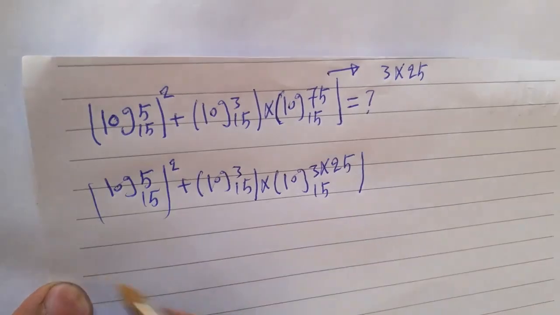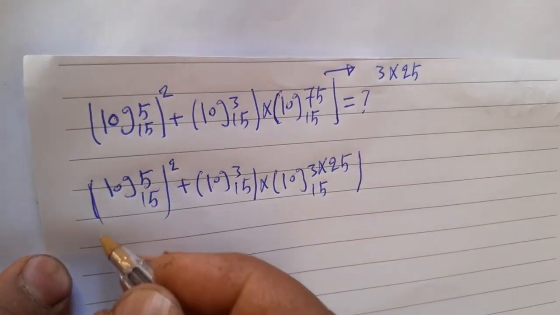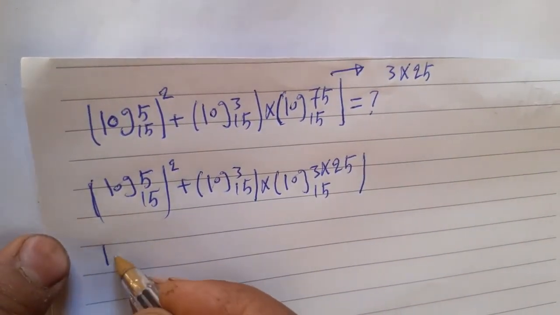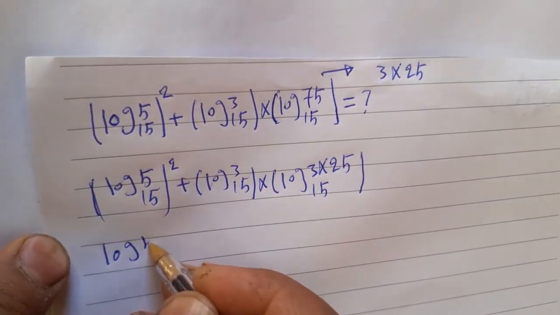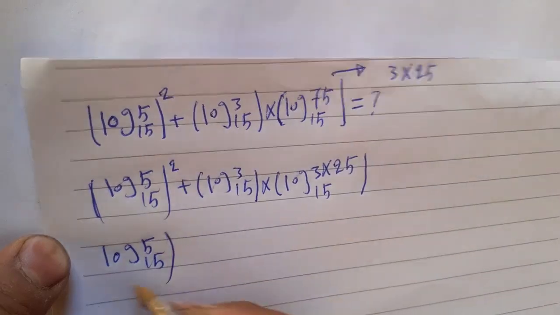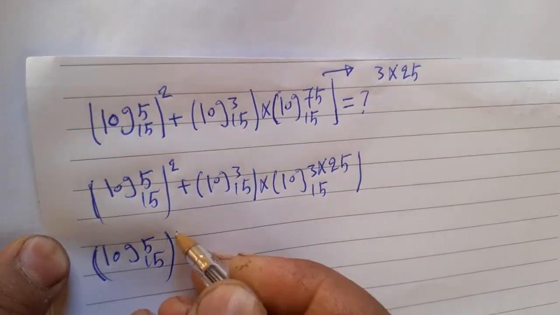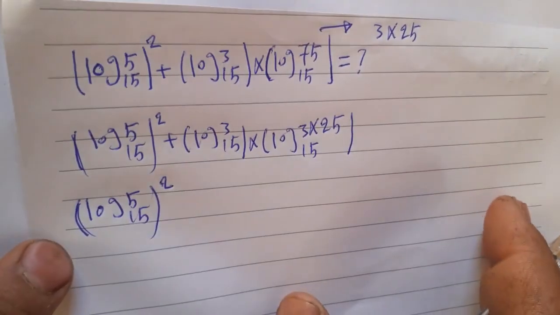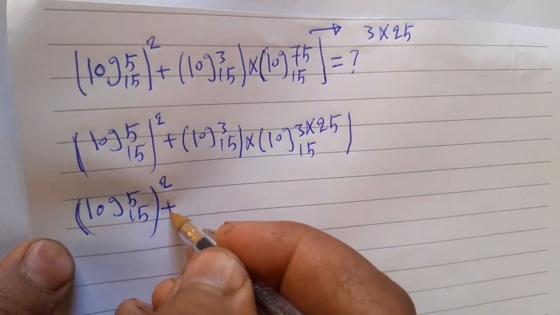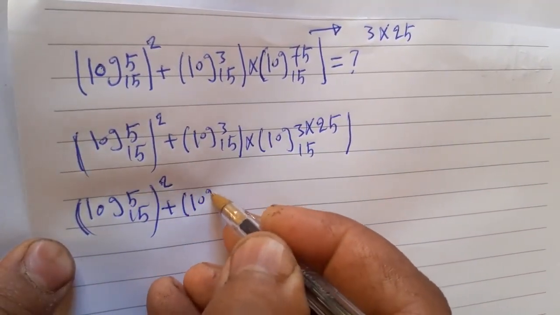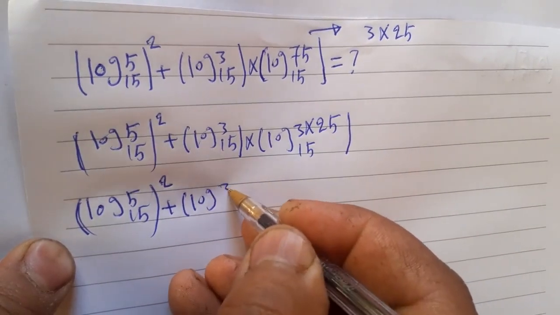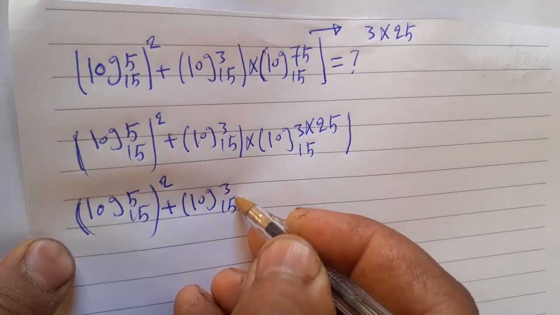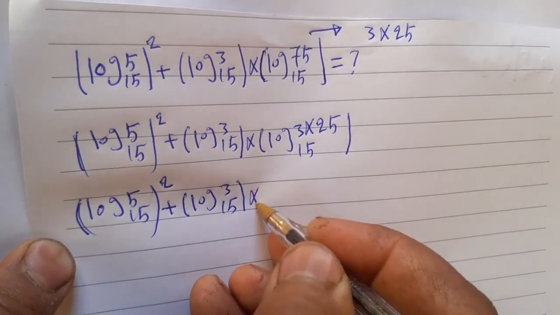And log 5 base 15 squared plus log 3 base 15 times